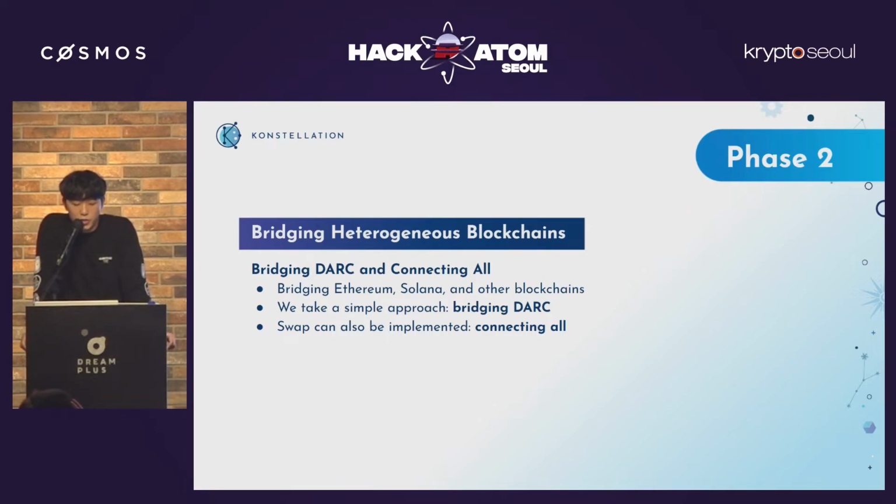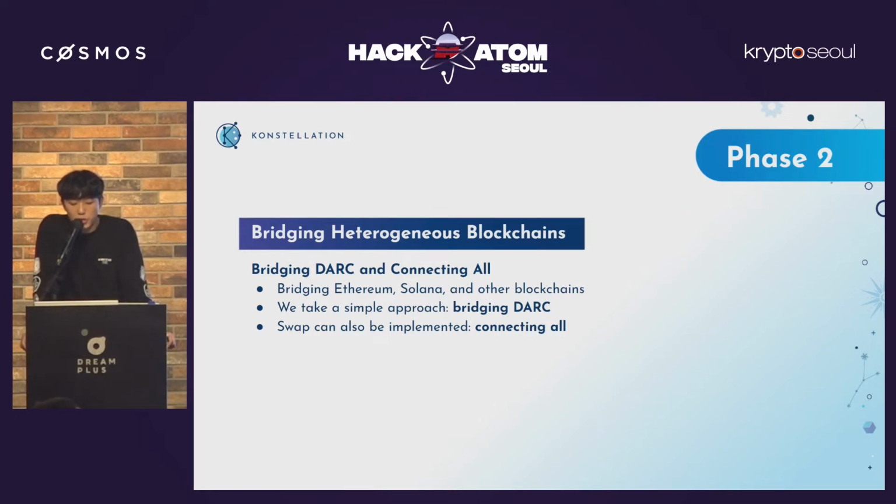And the second phase is a work in progress, and please note that there could be some changes by the time we finalize all the feature details. In this phase, our main focus is bridging Dark to other blockchains such as Ethereum, Solana, and Binance Smart Chain. Please note that we are not focusing on bridging assets other than Dark in the near term. This makes it significantly easier to develop and audit, because we are only bridging one asset, and it's one thing to take care of.